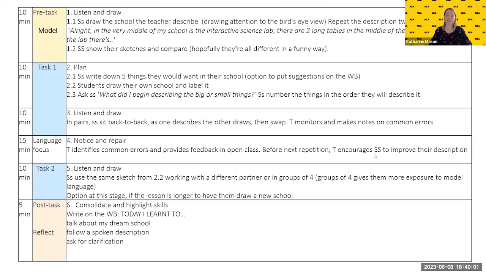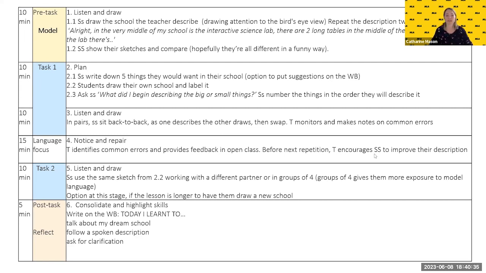Now this is the show and tell part. This is the production. And the nice thing about this here is that all the students are really, really engaged, because often when we have students present, it's quite hard to ensure that all the other students are listening at the same time. And we really don't want those students to disconnect from the lesson. So if they have to draw the school, they're going to be listening to the other